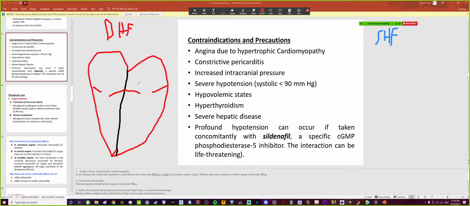Let me explain again. In diastolic heart failure, for it to occur, there has to be myocardial infarction. And when a person recovers from myocardial infarction, you'll realize his left ventricle, for example, is going to be weakened. It can't contract as well as it can anymore. And thus, the pressure that it generates from weak contractility is not good enough compared to the aortic pressure. So what the heart does as a compensatory mechanism is try to increase the pressure in the ventricle. How? Well, it's going to do it through